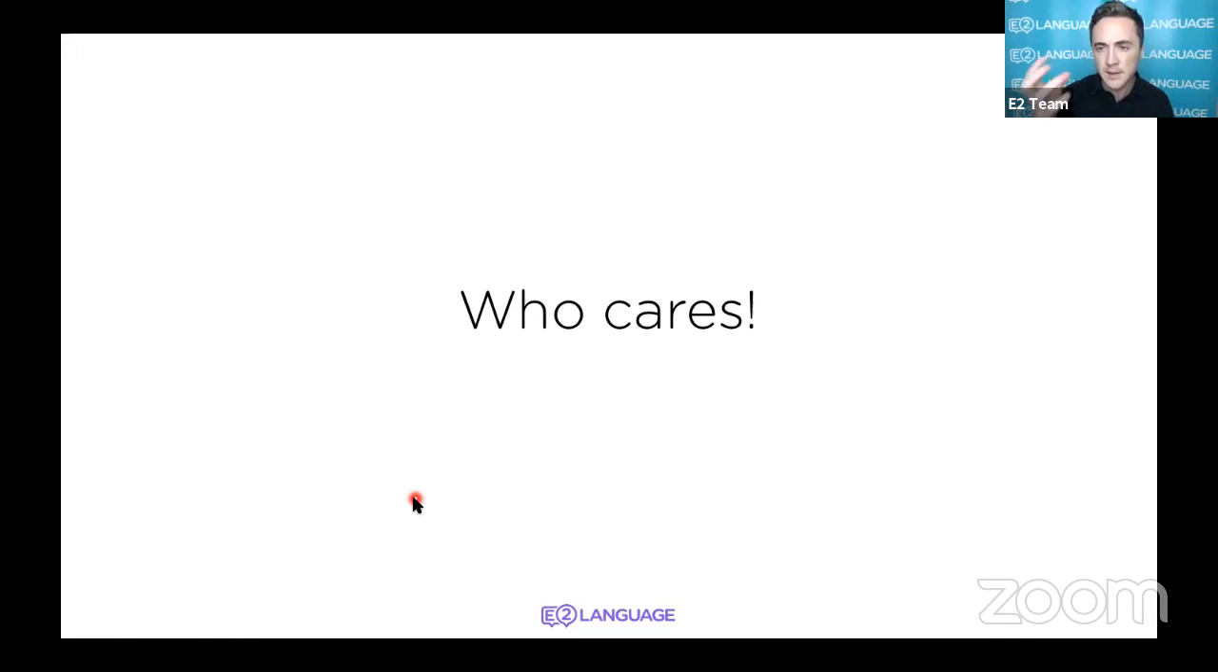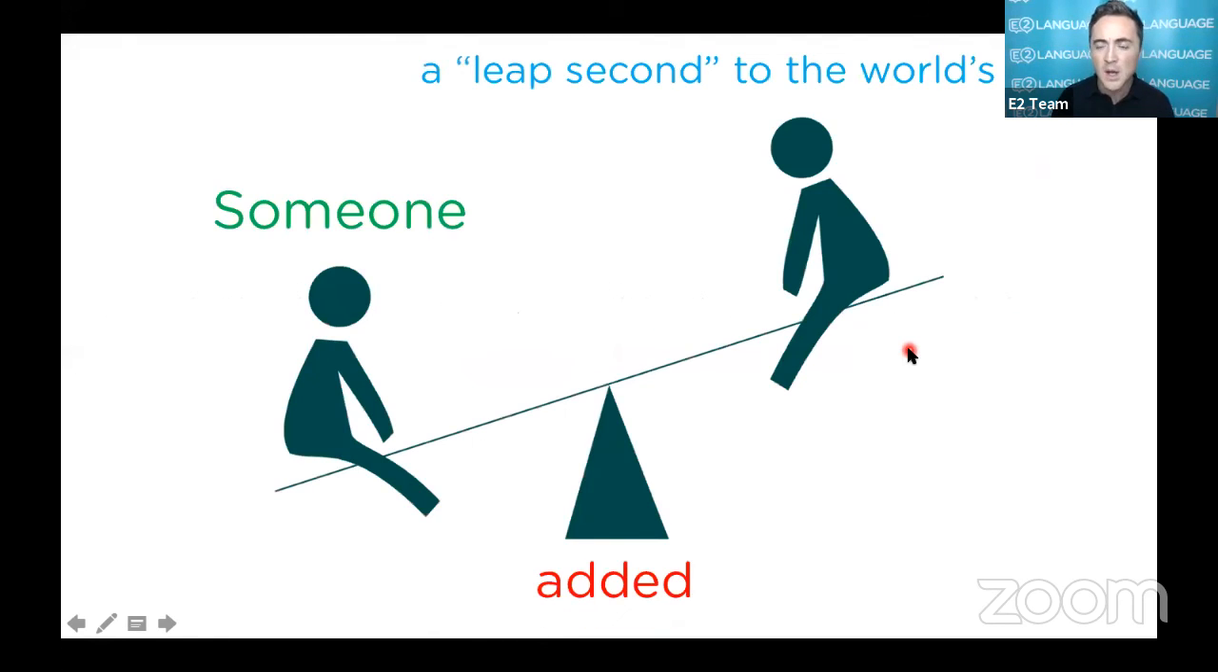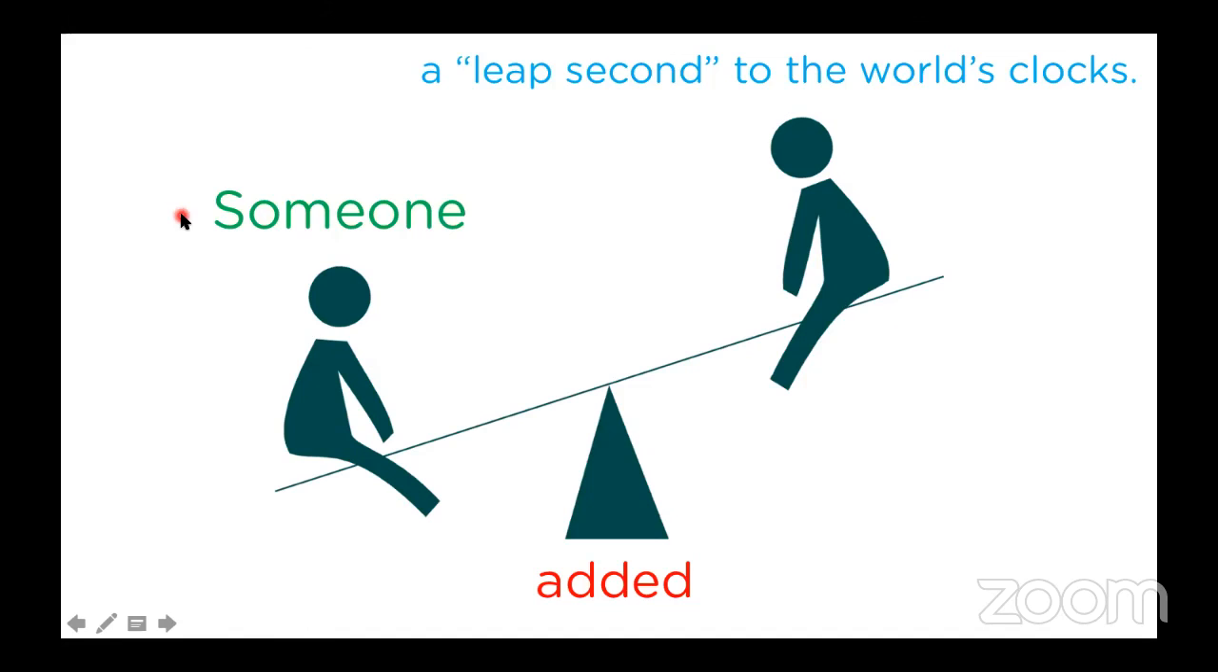It's not the point of the sentence. So we've created a passive sentence because the subject is not important. A leap second was added to the world's clocks. Okay, passive sentence. We could write this as an active sentence. Fine, we could, but it's just not a good idea. We could say,